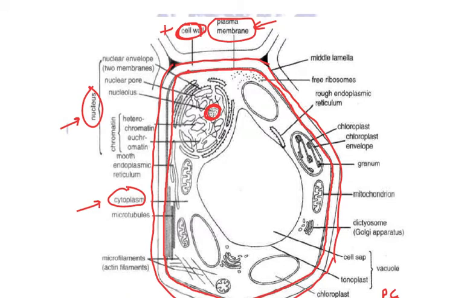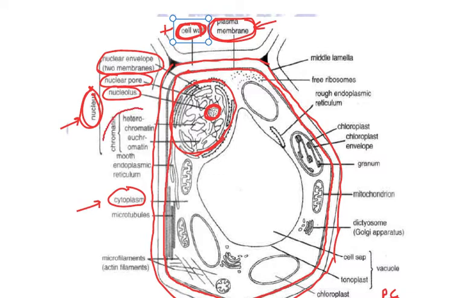Now in plant cells, we have already seen the outer covering, that is the cell wall, and the inner covering, that is the plasma membrane. Here we see that this particular nucleus is towards the boundary, to the walls. This whole is the nucleus, in which once again we have the nuclear envelope containing two nuclear membranes. In between we see there are nuclear pores. Then in the center we have the nucleolus and the thread-like structures known as the chromatin material. Clear? This is the endoplasmic reticulum.